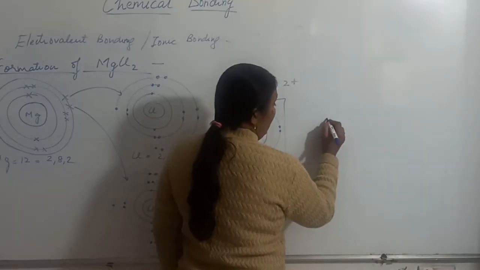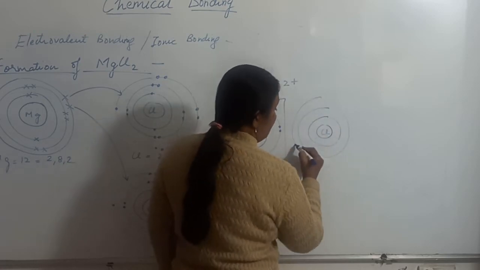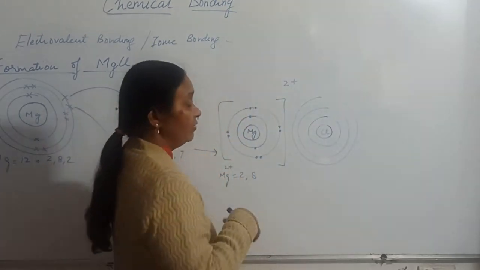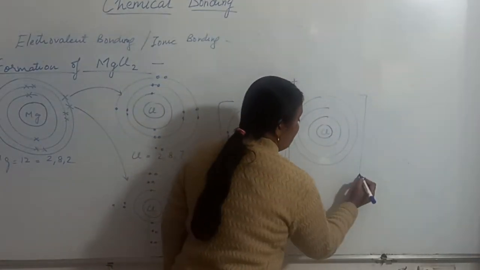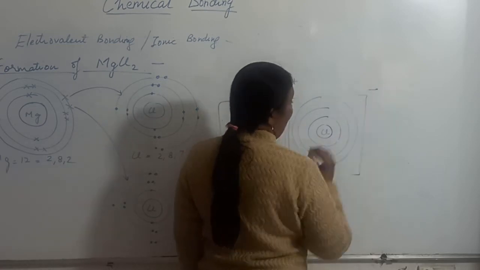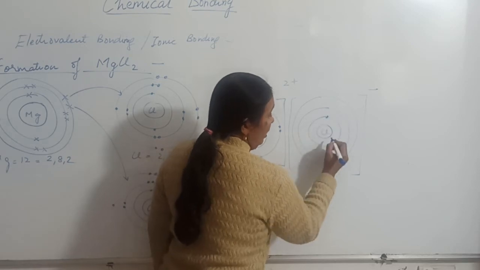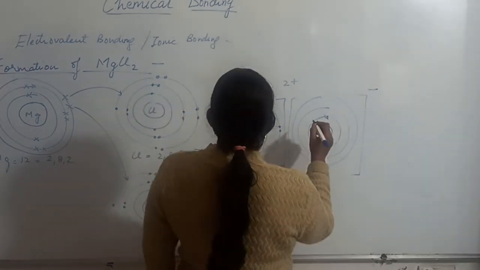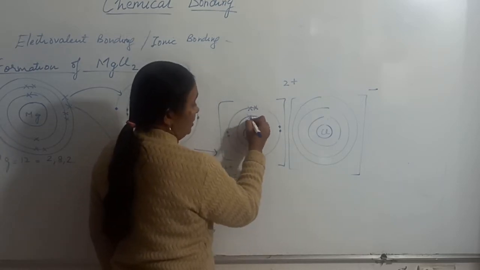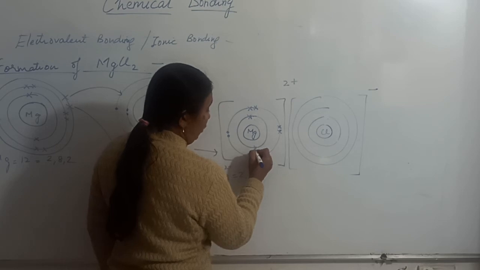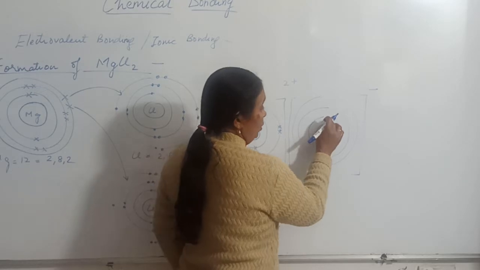So first chlorine, 1, 2. This is the first chlorine which has received 1 electron from the magnesium. After receiving 1 electron, the first chlorine will have 1 minus charge. One chlorine has received only 1 electron. So the first chlorine is this, it was having 2 electrons. Let me show you, magnesium electrons I have drawn with crosses. So everywhere it should be drawn with the crosses only, no dots for magnesium. For chlorine, we are going to show it with the dots.